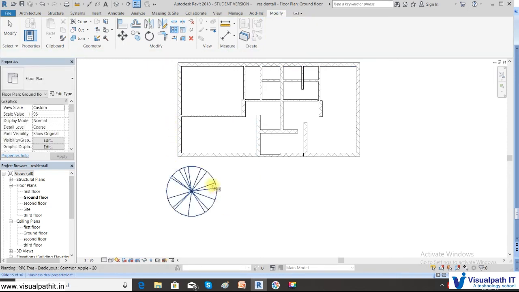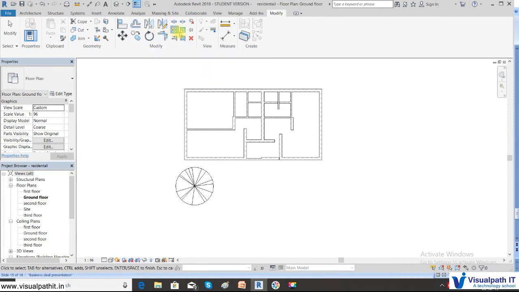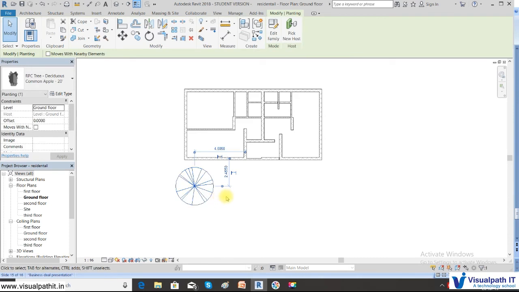Next we go for the radial array. In the radial array, the object will be big, so furniture will be the best option.